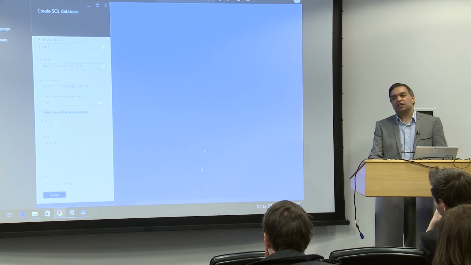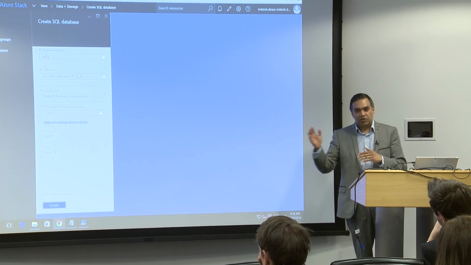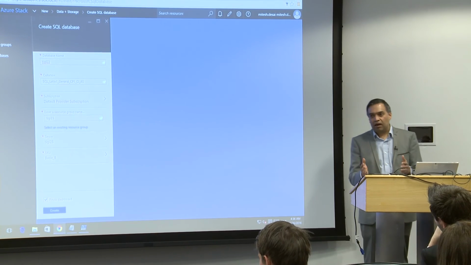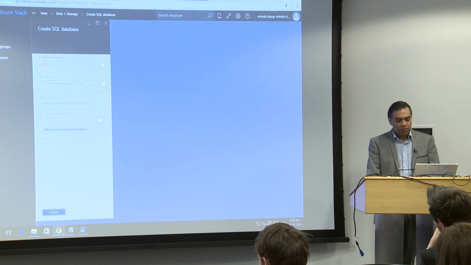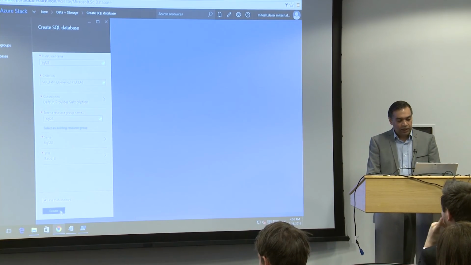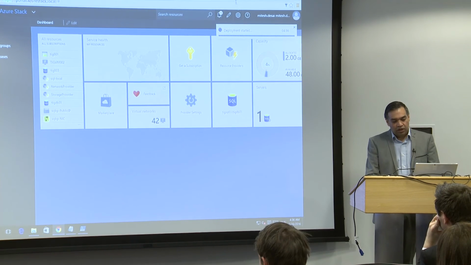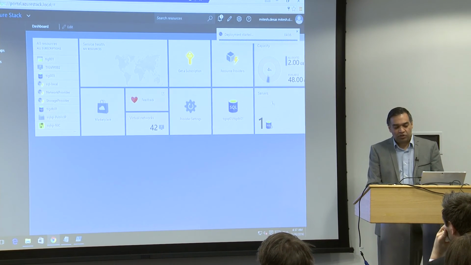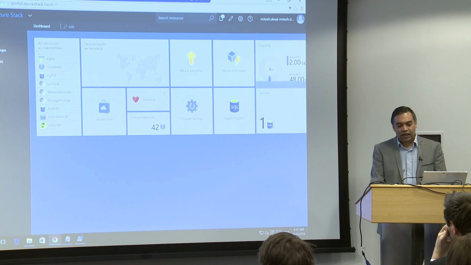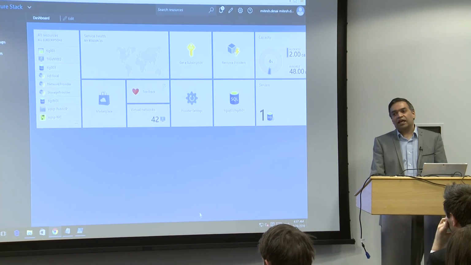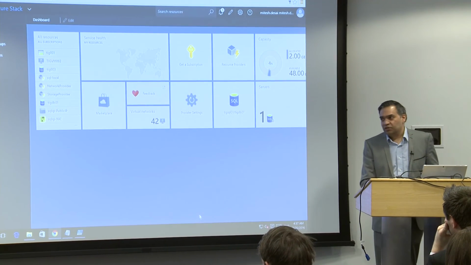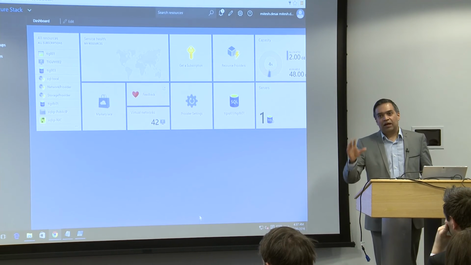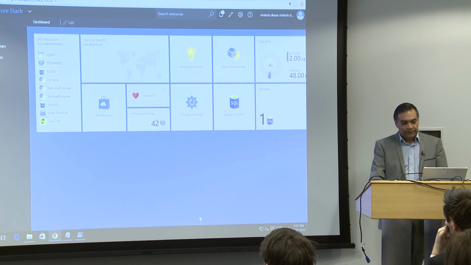But this is where we're saying that it will give you exactly the same as what you get on a public cloud, but here you can try it out, make sure that that B1 machine is the right one. And once you click create, it will start the deployment and you'll start getting some stats coming up to say how much you're consuming, what it's consuming, and how long it's going to take. So again, it's got all the management features that you get in the public cloud as well as on Stack.